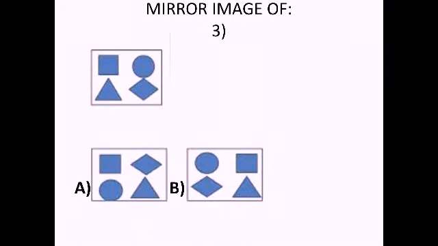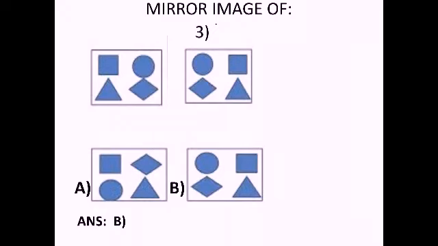Now in our third question, look here. There are 4 shapes given, drawn inside the box. The line on the right hand side of the box is your mirror. So if you hold the box in front of the mirror, what will be the mirror image from option A and option B? Tell me. So if we place the mirror on the side of this box, look here, first on the right hand side, which are the two shapes given? A circle and a rhombus. Okay, that is a kite shape.